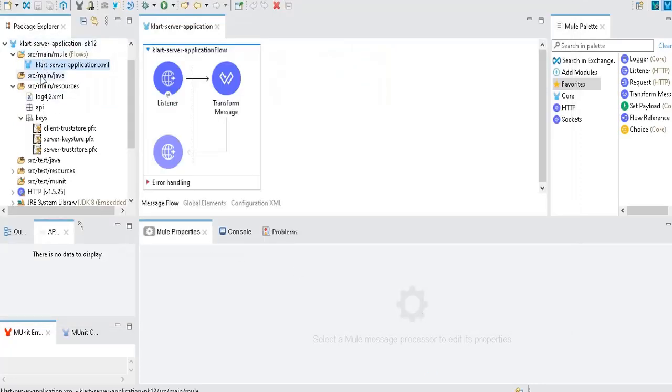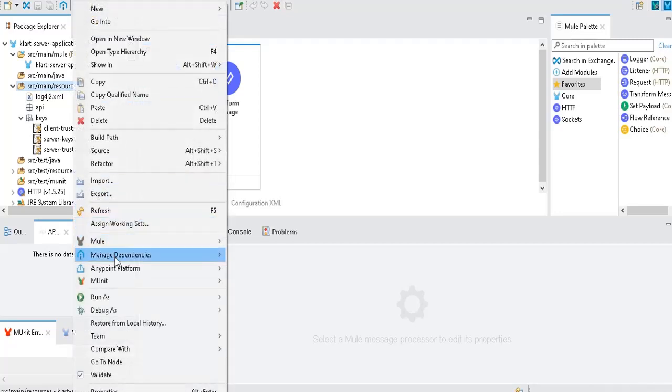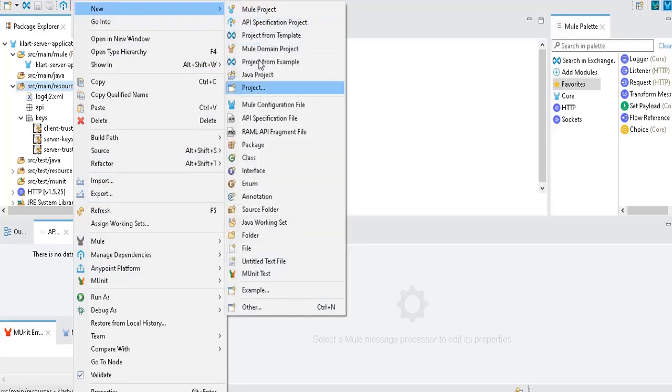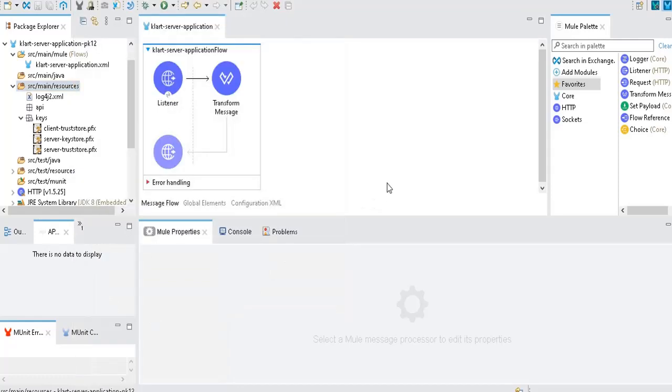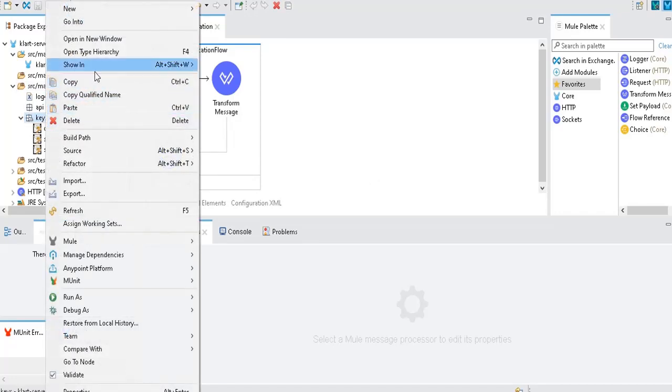Okay, and come to your MuleSoft folder structure, right click on this main resources and create one new folder. Okay, once this keys folder is created, then right click here and paste the files here.